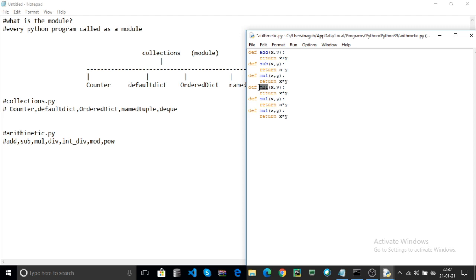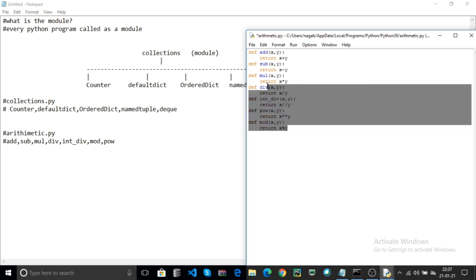And division. This is the floating division in Python. Here integer division. You can use any name as a function. Here this is the integer division and this is the power calculation. You can use the double star. Here you can use mod, x mod y.